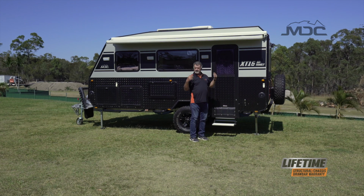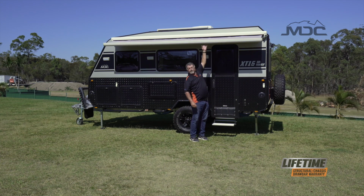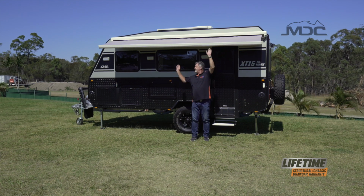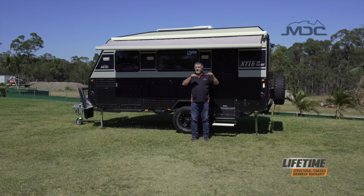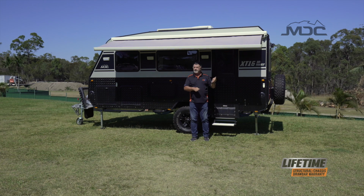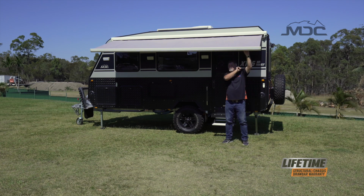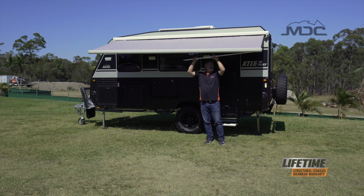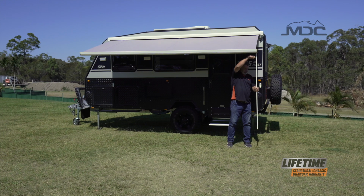Now it's always good to stay close, and as the awning comes into reach, just grab it with a couple of fingers if there's windy conditions to make sure the wind doesn't try and take control of it. Now both sides there is a leg, and the leg is on a hinge that needs to be pulled out before you turn the leg down into position. So it's always important to reach up, pull that little sliding hinge out, then release the leg from its captive position in the middle, bring it down, undo the cam lock,